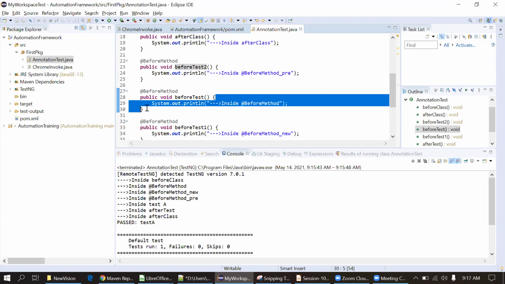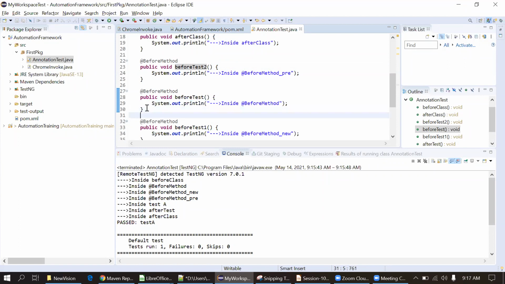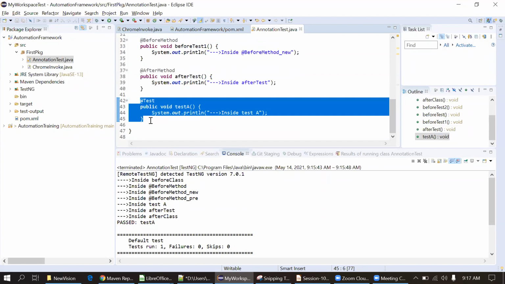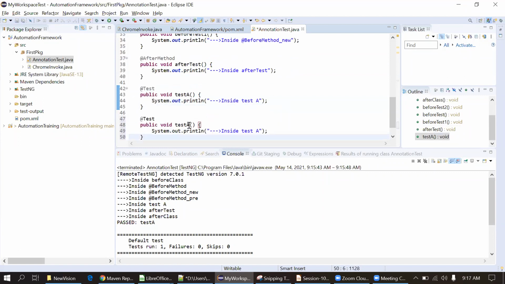But in case of the test annotation, we can use it multiple times, right? Yes, of course. These are the test cases actually. So we can write it multiple times. Yes, it's needed actually, not just recommended, to run the test. This is a test case, and it can be executed multiple times. Got it. Okay.